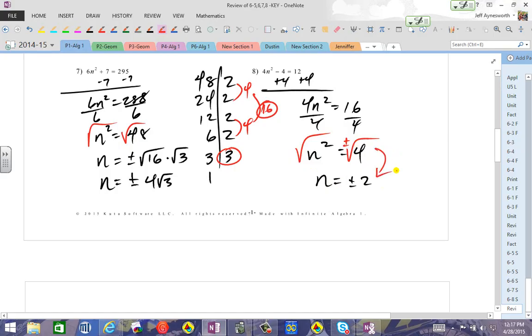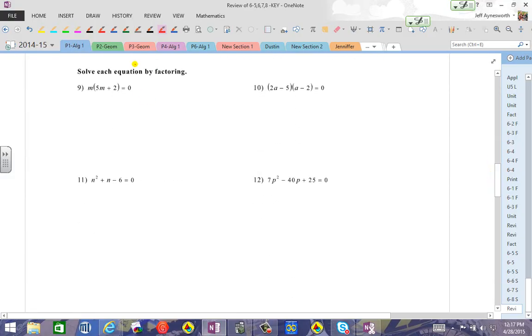Okay, now on the more challenging things. Now we got to solve by factoring. Solve by factoring is section 6.5. So if you want to pause the video and take out your notes, go ahead and do that. You want to use the zero product rule. So let me write that down. Zero product rule